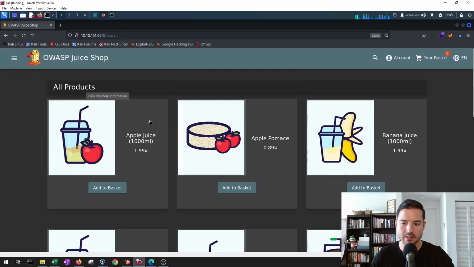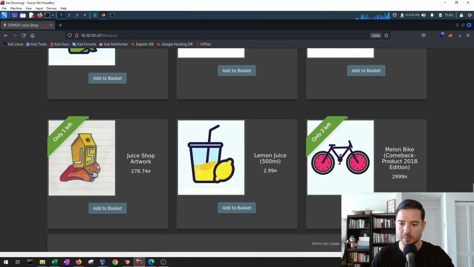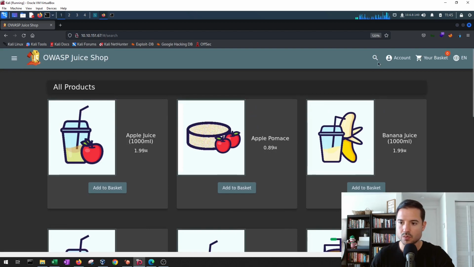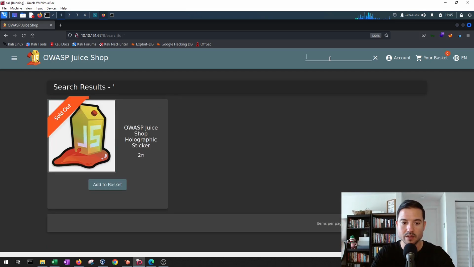Here's all the products, and it's loading them, and there's multiple pages. Cool. So we know that if there is a search bar like that, we can enter strange characters to see if it's vulnerable to SQL injection. We want to see how the application handles it. So we know that one of those characters is a single quote. So if we enter this here,